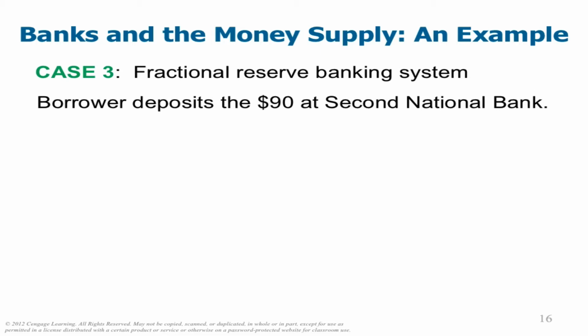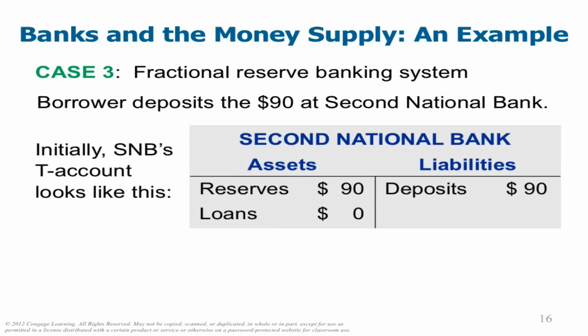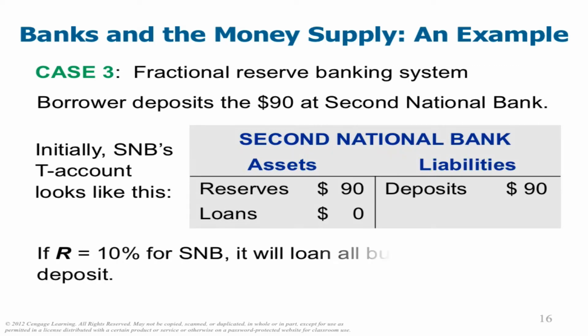Scott deposited that first $100 in the bank. He was the only one in our entire economy who had money, with $100 in the bank. Dayton walked in and borrowed $90. She walks next door and deposits that $90 at the Second National Bank, who then turns around and loans out $81